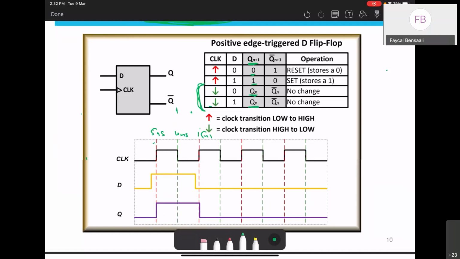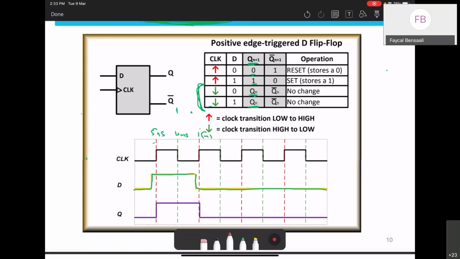So this starts at 0. It stays for 4 nanoseconds, and then it goes to 1, and stays 1 for this time, and then it goes back to 0 and stays 0. I'm just giving an example here, yeah? So if this is D, now, if we ask you what will be the output if we have this scenario,